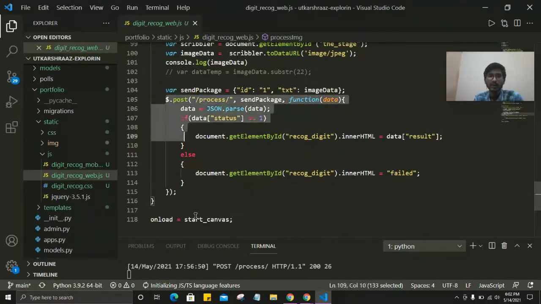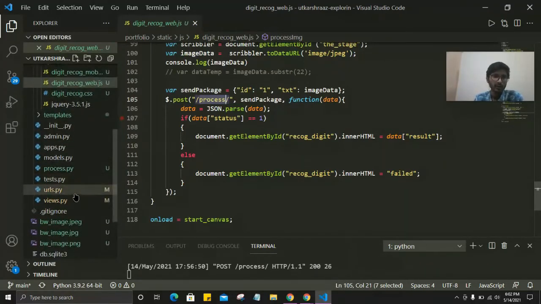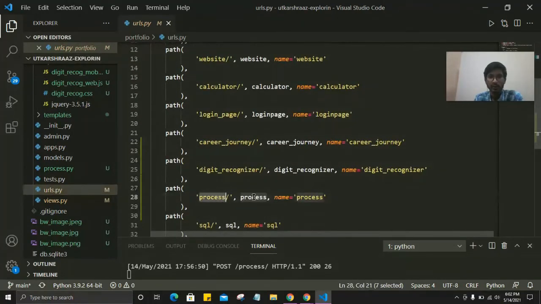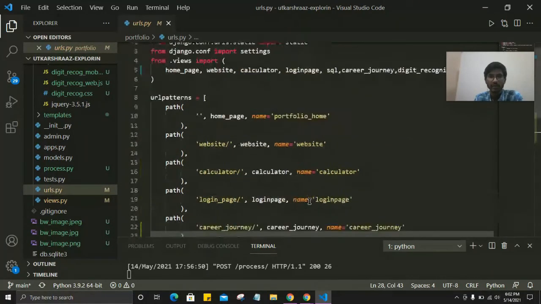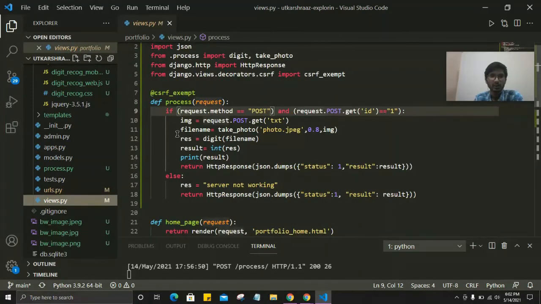I am using jQuery to send this data URL, like an image URL, through this URL, and this URL is written, as you can see in the urls.py, for the process, and the process function is written in this views.